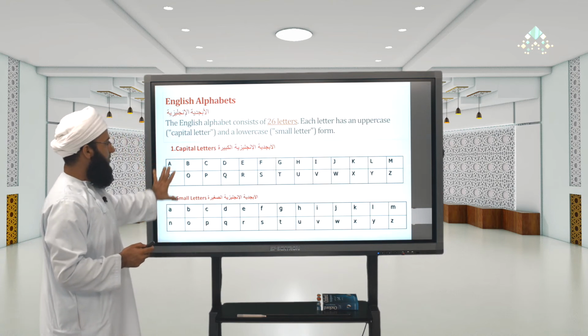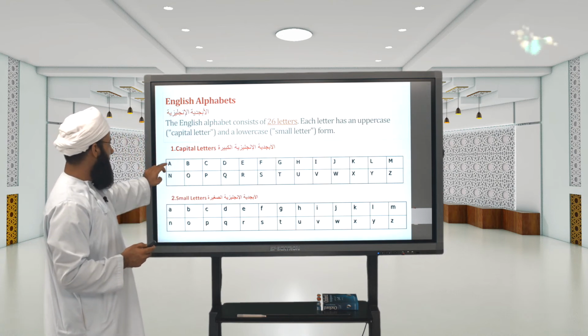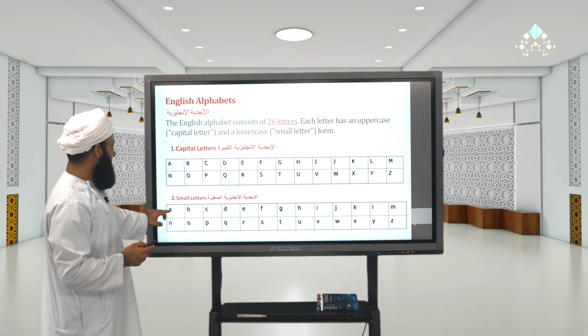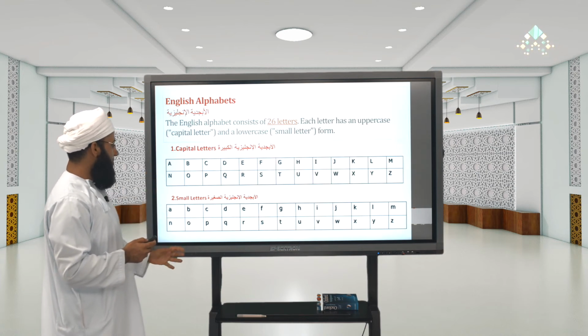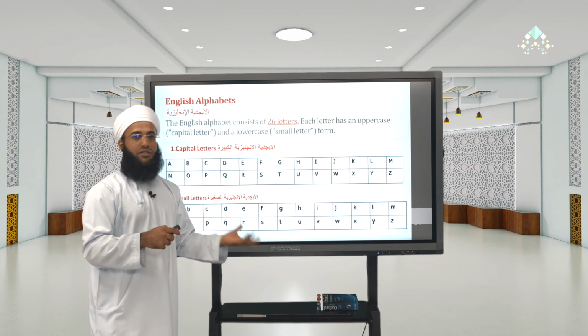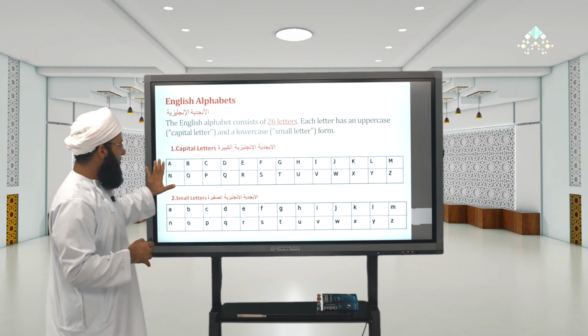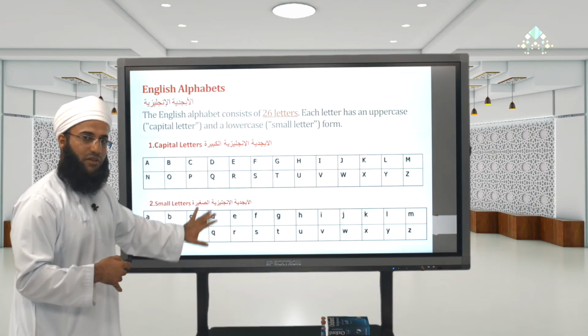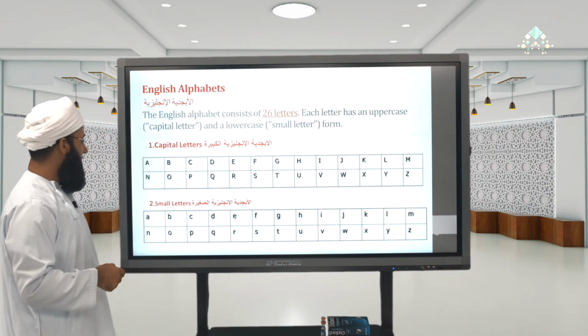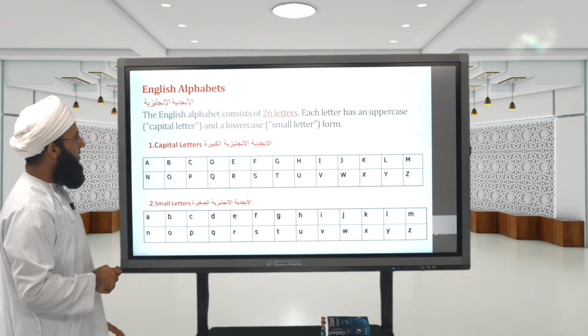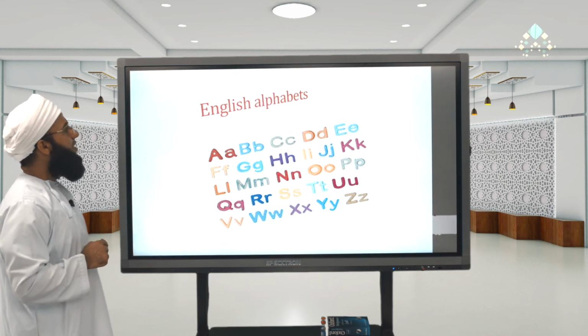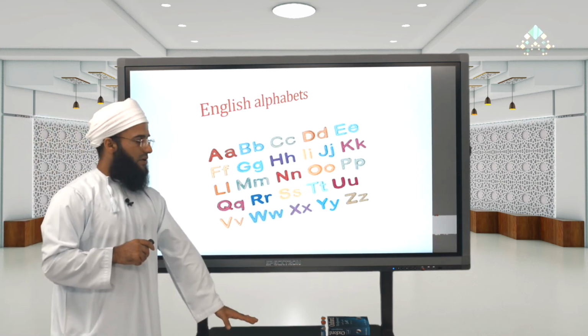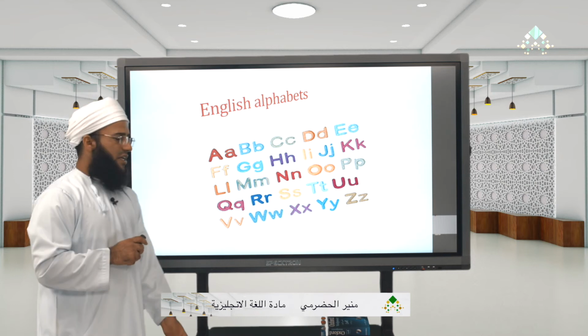So they are written in different ways, like it's written this way and this way. Some of them, they look similar. Some of them, they look different. I mean, some of them, they look similar in the way they are written, whether capital or smaller letters, okay? So English alphabets. Can you look at this now again? What can you notice?